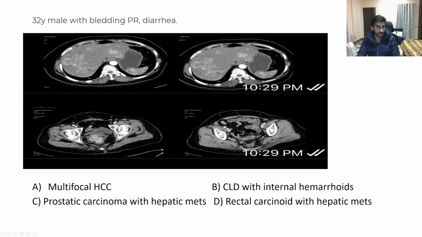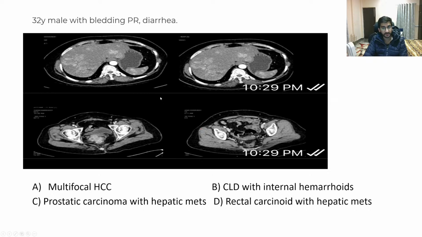So the options were: multifocal HCC can show these multiple arterial enhancing lesions, but there won't be any lesion within the rectum, because a rectal deposit from a multifocal HCC is very rare. The more appropriate diagnosis in this case was rectal carcinoid with hepatic mets. Although multifocal HCC can also look like this in the arterial phase images, you won't see a rectal mass there. Also, prostatic carcinoma is not this enhancing on contrast images, and it doesn't show liver metastases